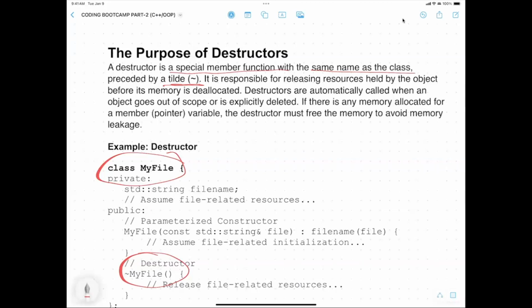It is responsible for releasing resources held by the object before its memory is deallocated. Destructors are automatically called when an object goes out of scope and is explicitly deleted. If there is any memory allocated for a member pointer variable, the destructor must free the memory to avoid memory leakage. So